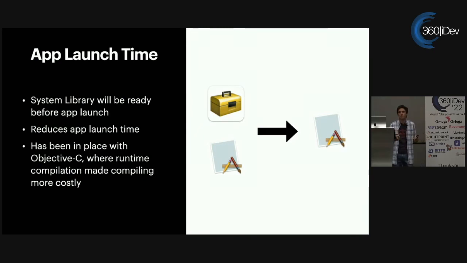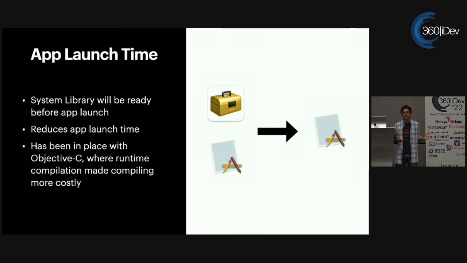So before, every time I wanted to open an app, we needed to prepare the app, prepare its copy of the Swift standard library, and get that all ready to go. Now we are just preparing the app to launch, and we no longer need to worry about the library, which is prepared beforehand because it's running as part of the operating system.